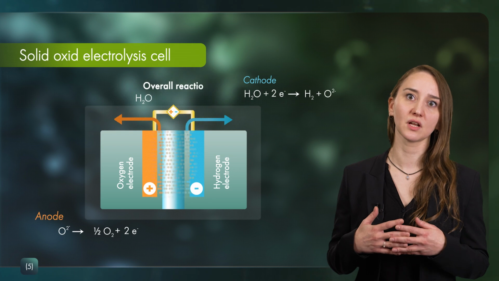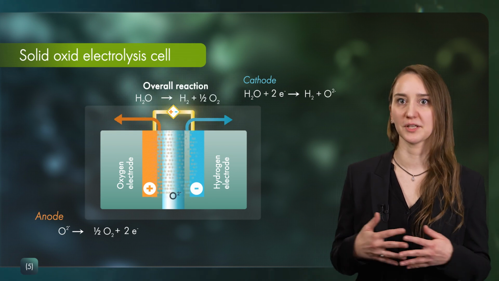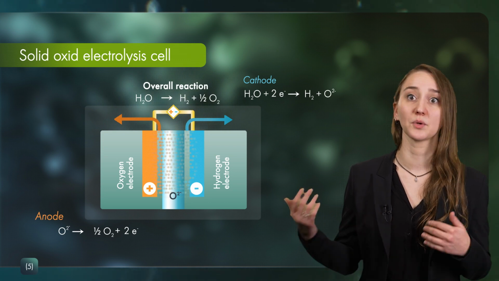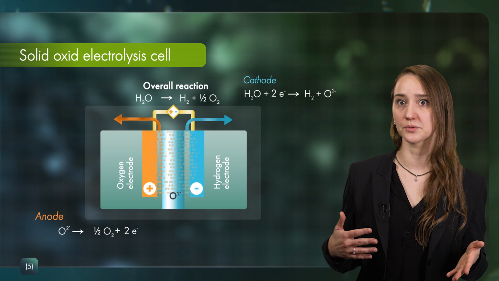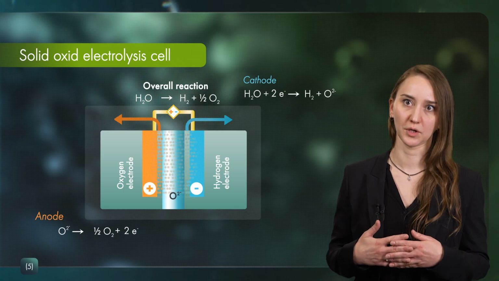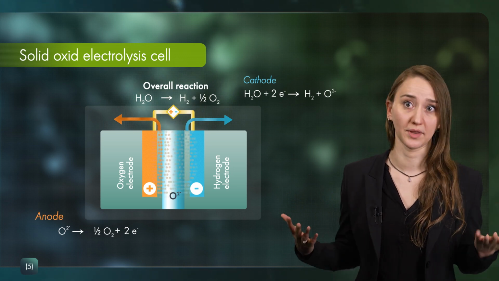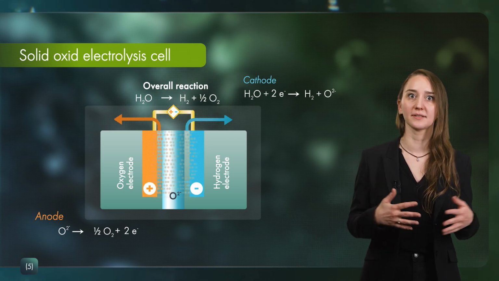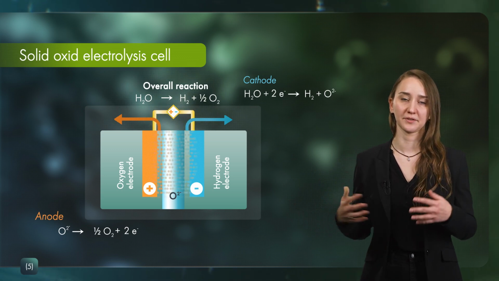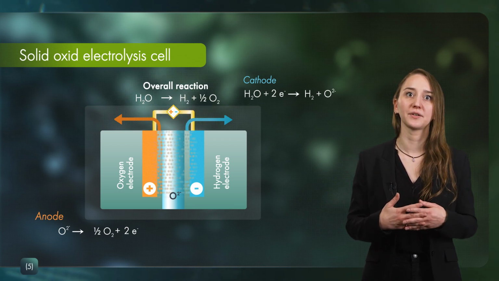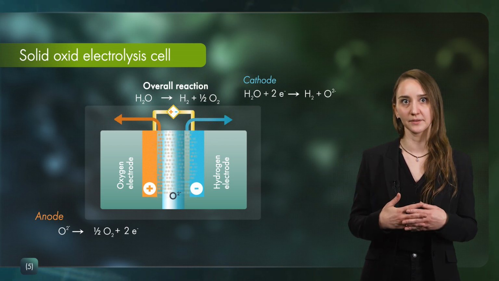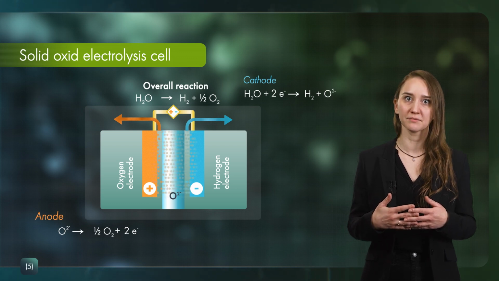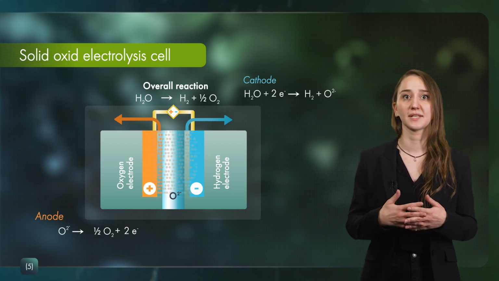And then there's the solid oxide electrolysis, which works at much higher temperatures. As stated, the operating temperatures are between 700 and 1000 degrees C, whereas the other two technologies were operating below the boiling point of water, which is of course at 100 degrees C. Again, the total reaction equation for solid oxide electrolysis is the same as for the others. But here, the charge carrier is the O2- ion, which is conducted through a ceramic electrolyte. The water splitting reaction, now in the form of steam, happens at the cathode.